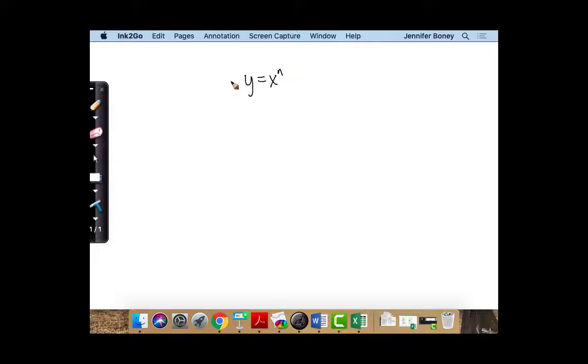I'll do something else. I'm going to take a natural log of both sides of this, because if these two expressions are equal, then as long as I've got positive results here, x to the n is something positive, so if x is positive, we're good. Natural log of y would have to equal the natural log of x to the n,